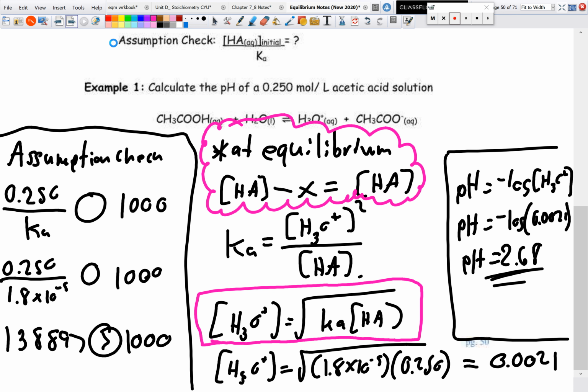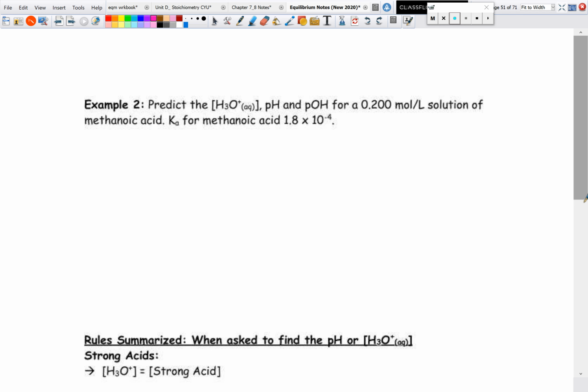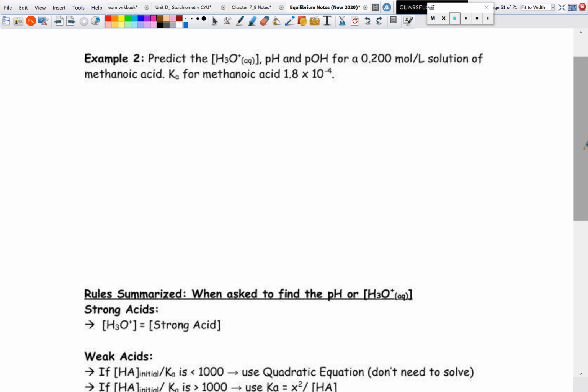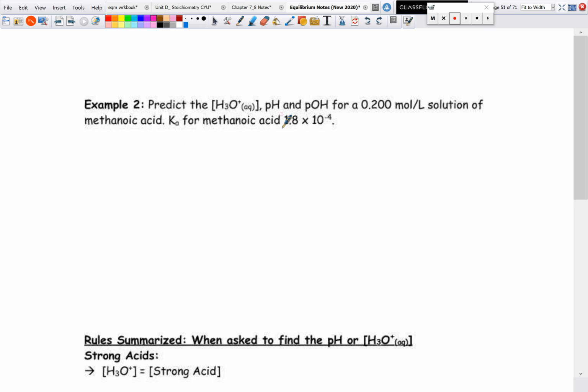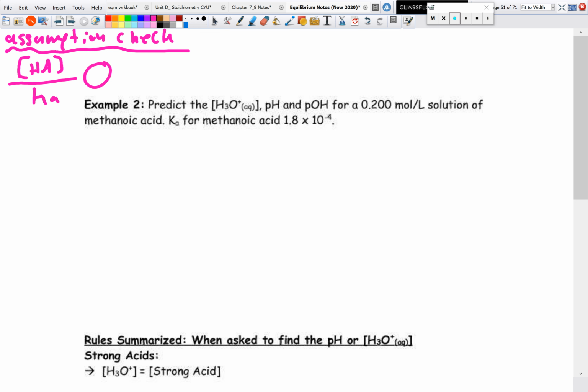So let's look at one more example, and then you should be able to get the last few examples on your own. So where it says predict the concentration of hydronium, pH, and pOH for a 2.0 moles per liter solution of methanoic acid, and they give you the Ka. Now what I'm going to do is just the assumption check up here. The assumption check is we take the concentration of our acid and we divide by the Ka,